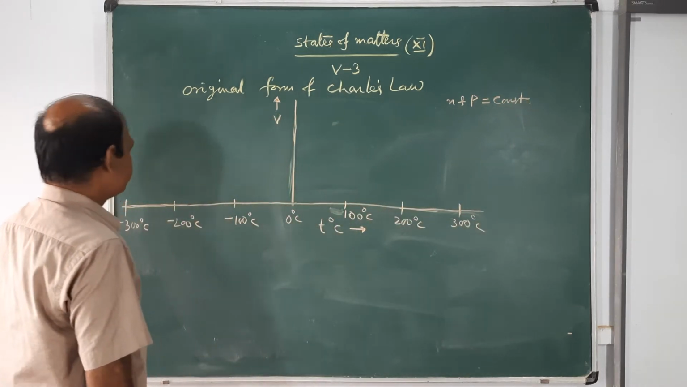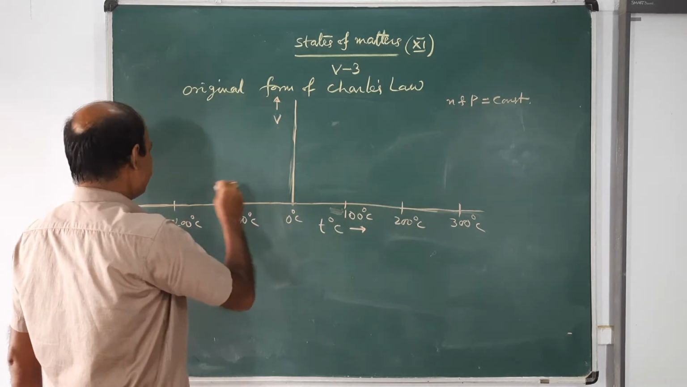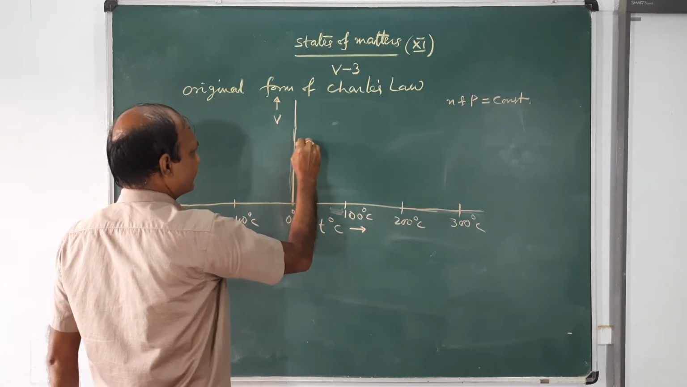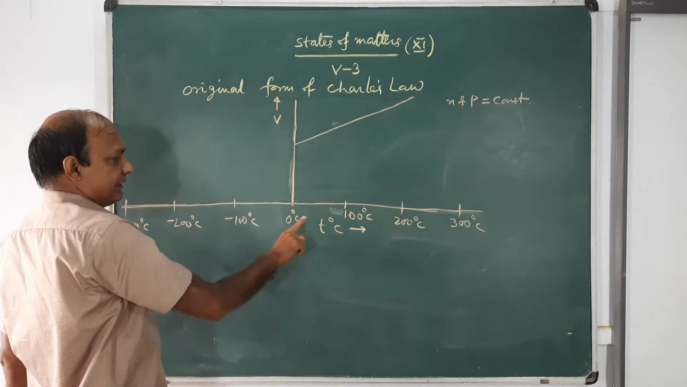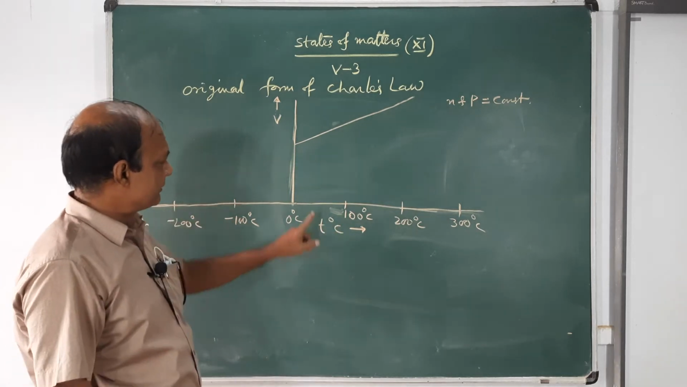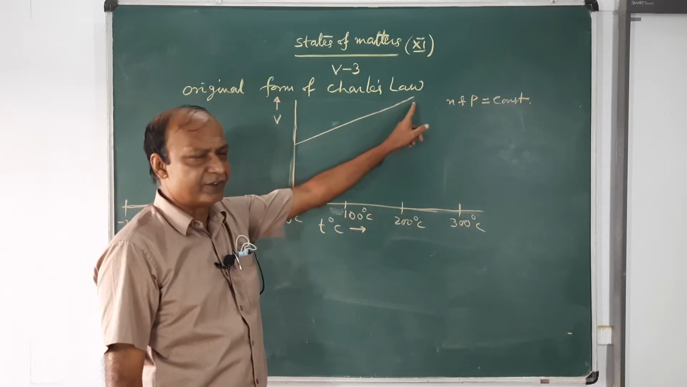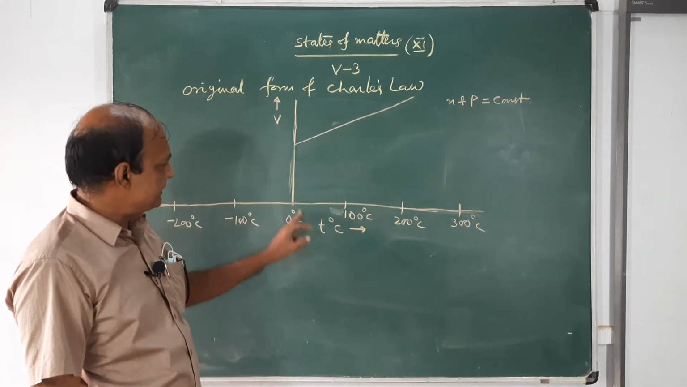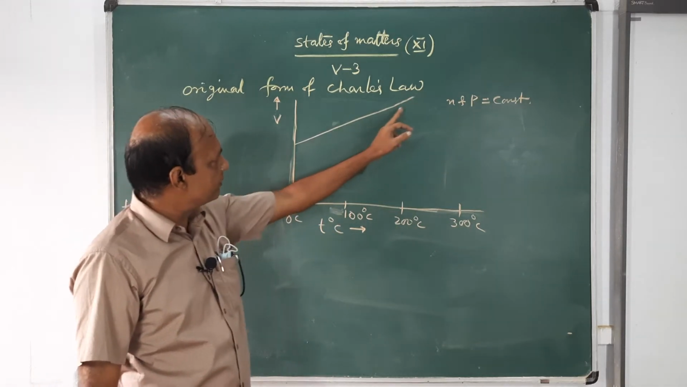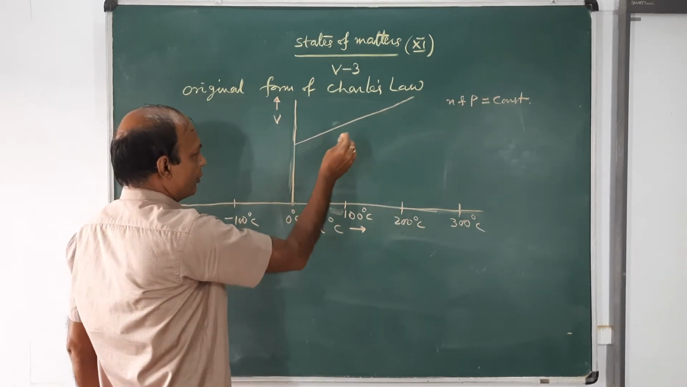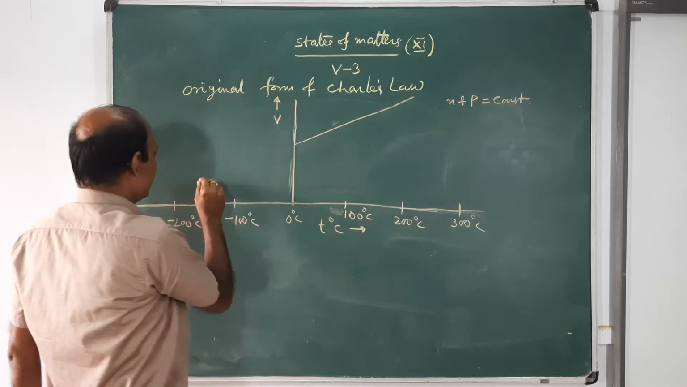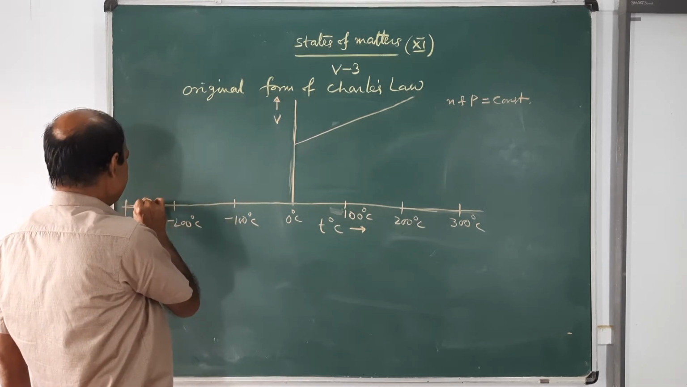Now you will see the nature of the graph looks like this, and with the increase in centigrade temperature, the volume of the gas increases. So this graph has a positive slope. If you extend the graph like this,